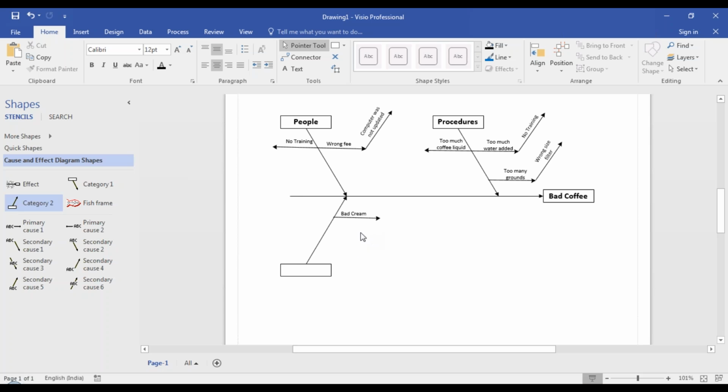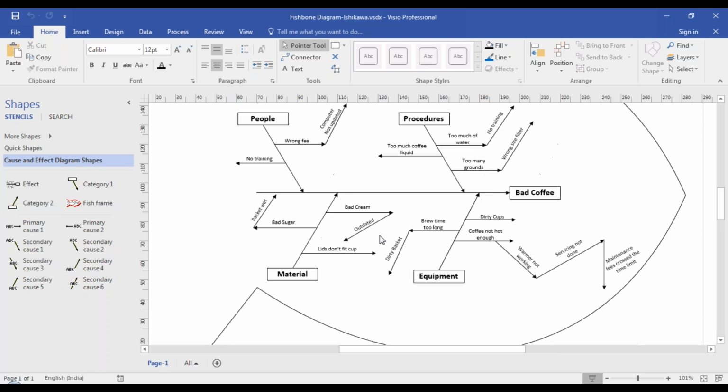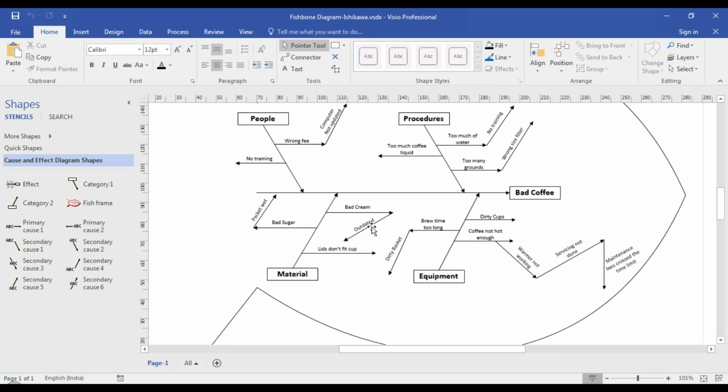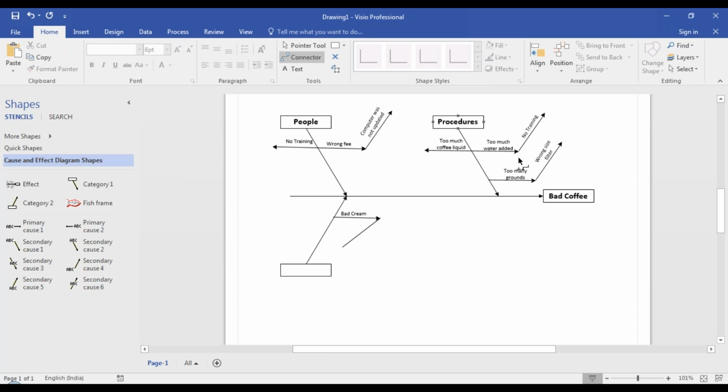Cream is bad. What is the reason? Because it's outdated. You do not have a shape like this which is downward, so you have to create a connector. Don't worry. Right click and straight connector. And then you need a text. Take a text, paste it somewhere outside. It's called outdated. Type the text and then